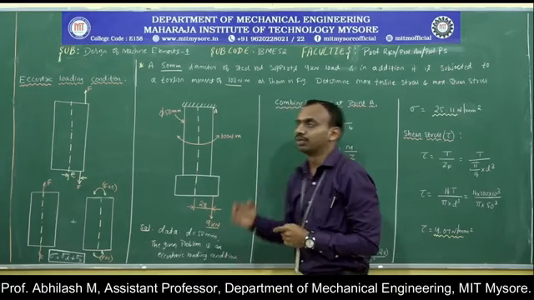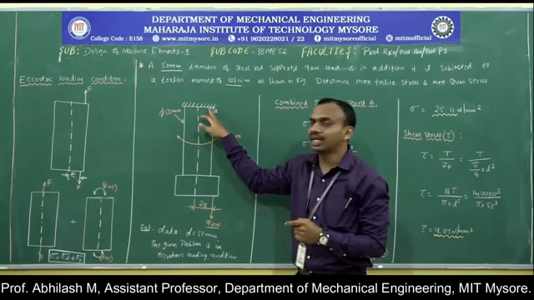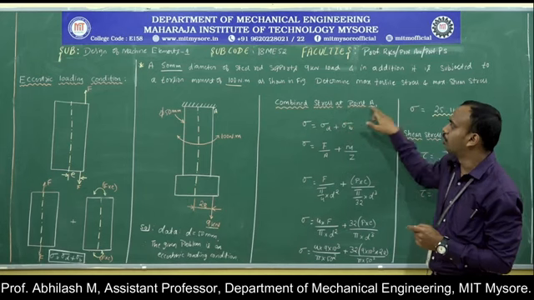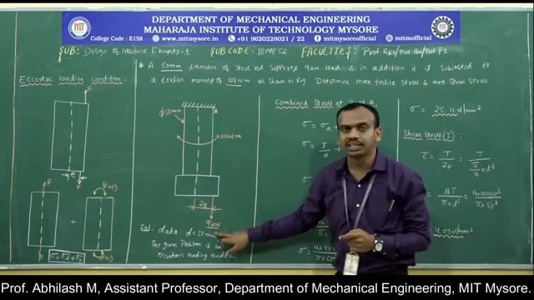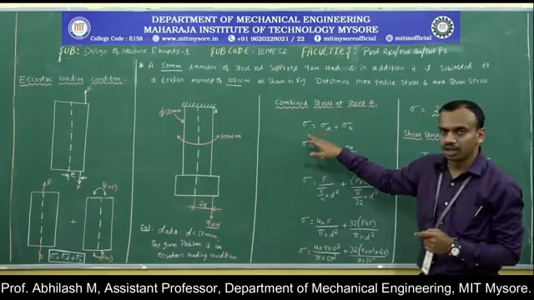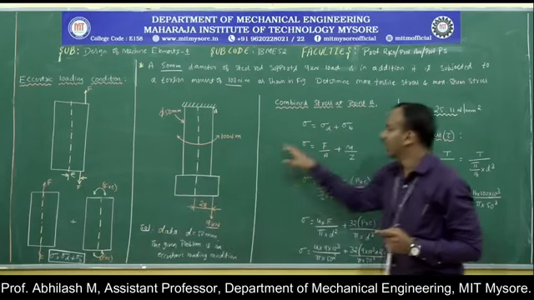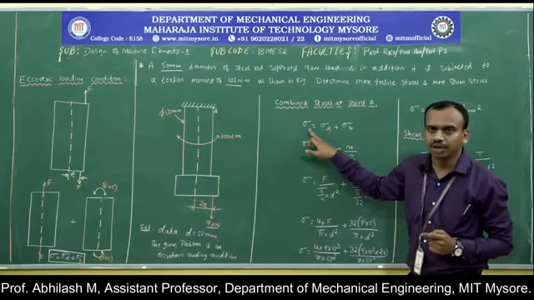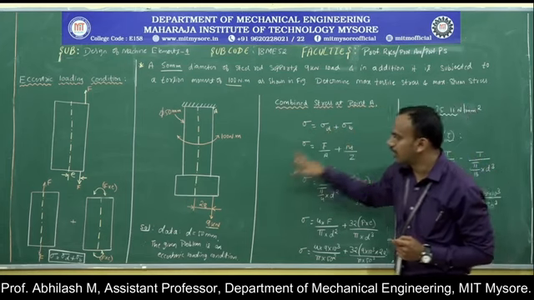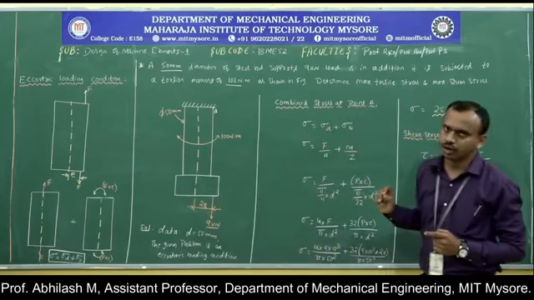In the problem they have asked us to calculate the maximum tensile stress, and it will be acting at the point A. So I have taken the effect of the combined stress at the point A because of this eccentric load that is acting on the member. Now, if we recall the equation, sigma will be equal to sigma d plus sigma b. I have written the same equation. Sigma is equal to the direct stress plus the bending stress. The direct stress acts along the axis, and the bending stress arises because of the eccentric loading condition.